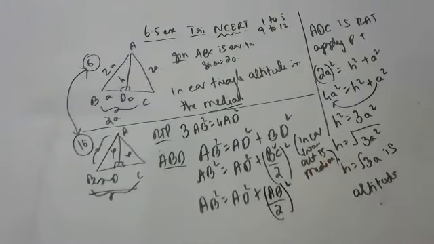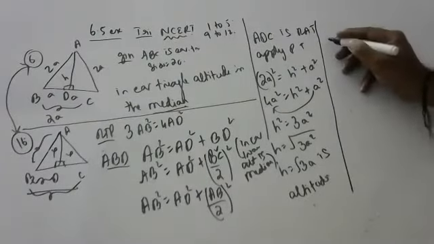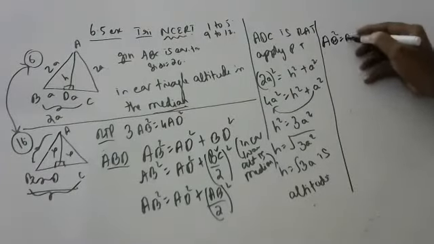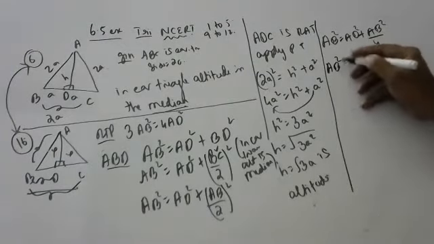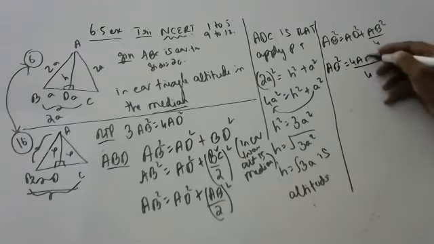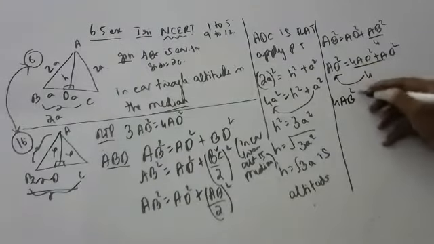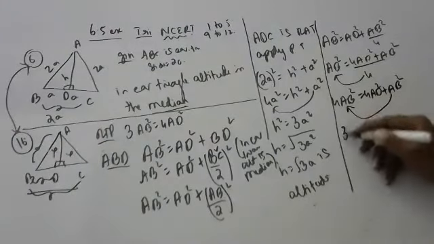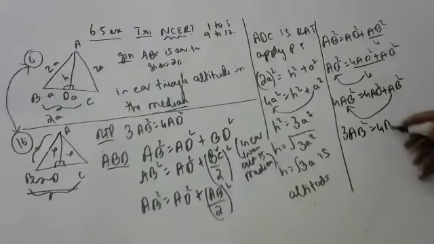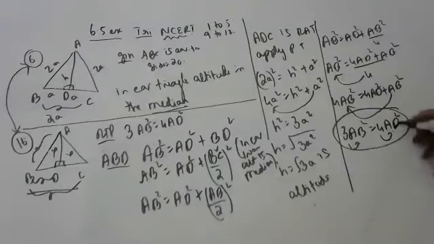Okay, children. Now all of you see here. I am writing here so that you will not get confused. AB squared is equal to AD squared plus AB squared by 4. Take the LCM, children: 4 AB squared is equal to 4 AD squared plus AB squared. Take this here: 3 AB squared is equal to 4 AD squared. Hence proved. 3 times the square of a side is 4 times the square of the altitude.